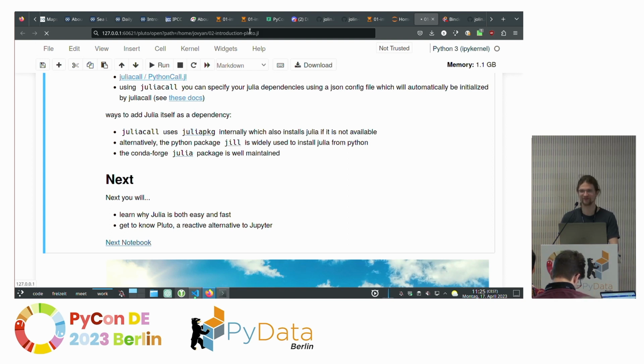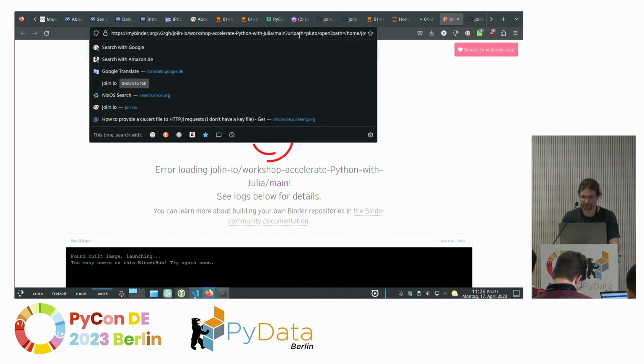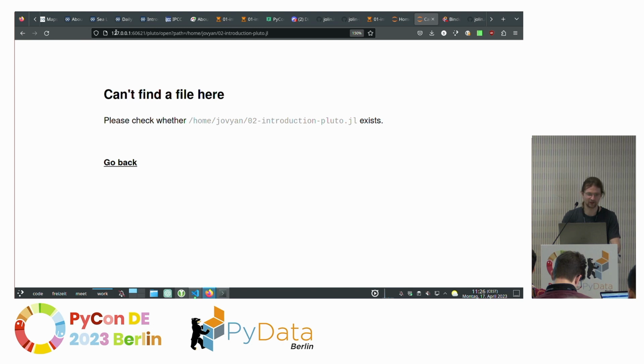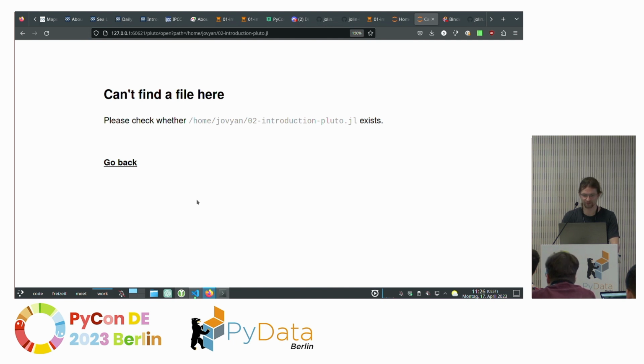You mean just the repo by local installation? Like, you mean the repo to Docker. If you use the repo to Docker local installation like I did, then you just need to copy the last part, the URL path, and place it into your address, which is here 127.0.0.1. So most of you will use Binder. For those, it's not interesting. But if you have the local version,